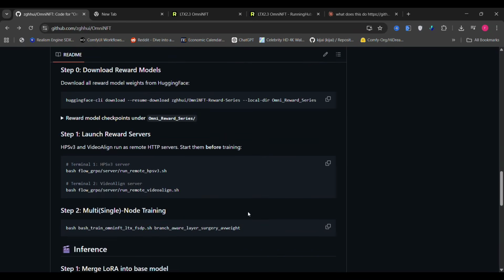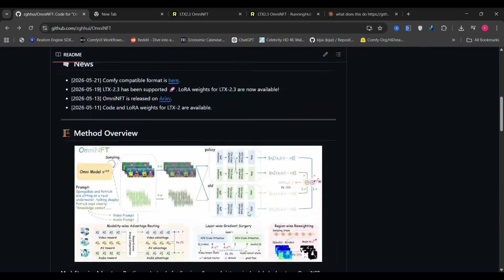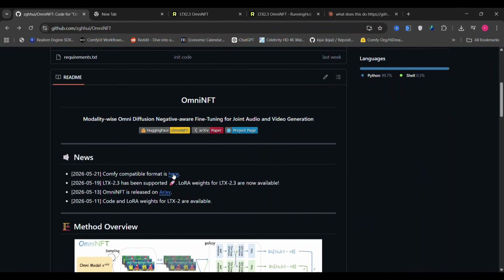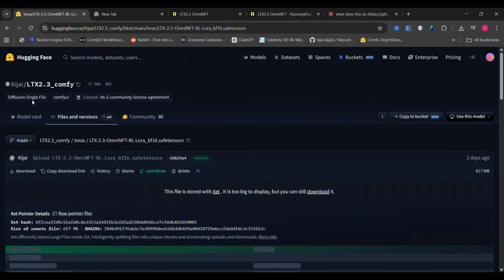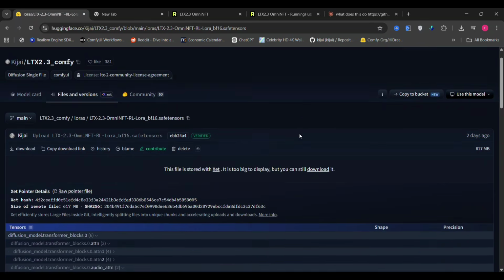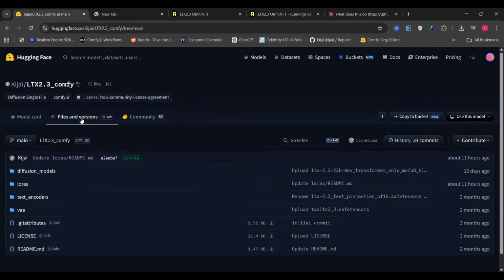I will be sharing the direct link to the LoRA down in the description below. So over here you can see LTX 2.3 OmniNFT, and this is the LoRA file sitting inside the LoRA folder. Download it and drop it into your Comfy UI LoRA folder, and you are good to go. All links will be in the description.